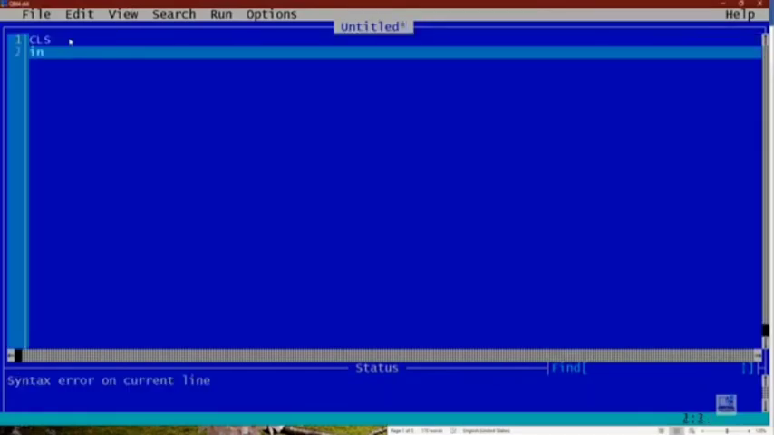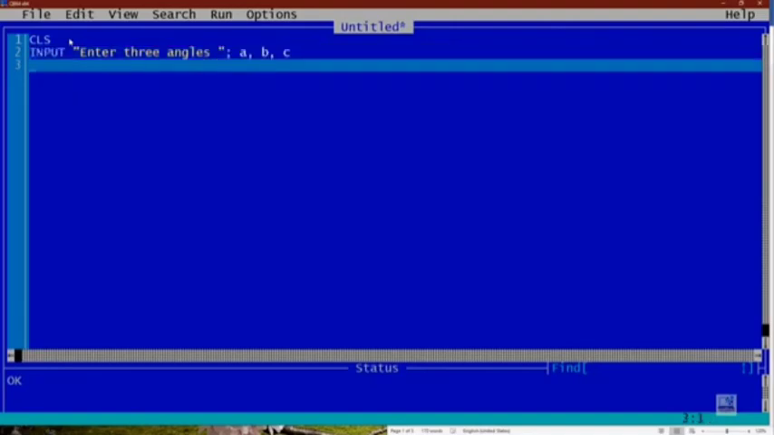CLS, input, "enter three angles", semicolon A, B, C. I am going to use if-else statement for this program. So only one condition is there. If the sum of all three angles is equal to 180, so triangle formation is possible, else triangle formation is not possible. So we are starting with if A plus B plus C is equal to 180, then print